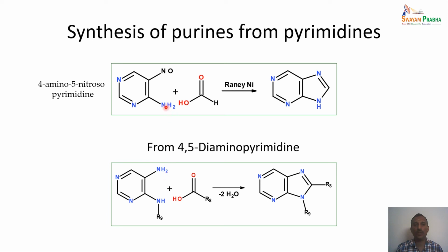In this particular case, instead of starting from the nitroso derivative, we can also start from the amino derivative. And if this particular amine is substituted with some group here, an alkyl group, then the nitroso group is partially reduced to give the amino derivative. Then the corresponding carboxylic acids can be used, and